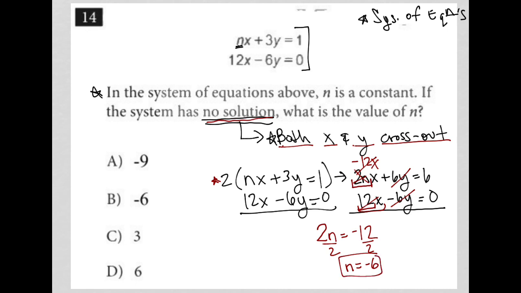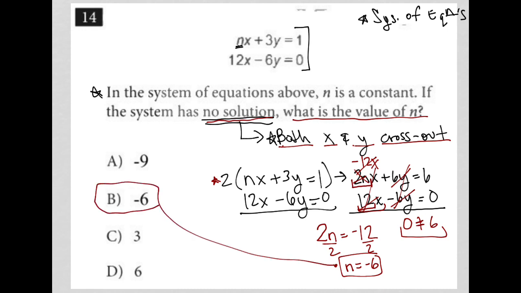And again, notice that when the x is crossed out and the y is crossed out, I'd be left with 0 equals 6, which is not a true statement and is the type of answer we'll always expect to see when we have a system of equations with no solution. So the question asks, what is the value of n? I already found it. N is equal to negative 6. Therefore, my answer is choice